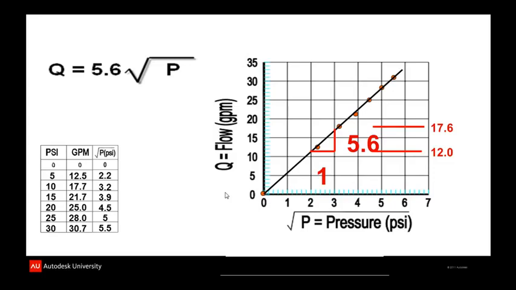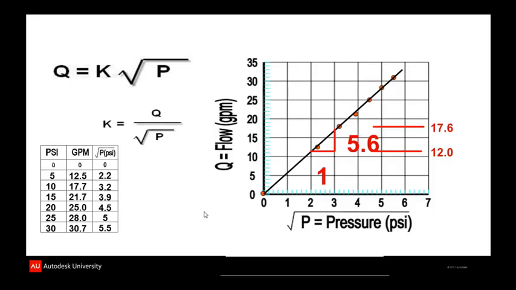That says I don't have to get my garbage can out every time I want to know what the flow is out of a sprinkler at any given pressure. I can simply plug it into this equation. Another way of writing that equation, in a more general sense, is that Q equals K square root of P, where K is the constant for the sprinkler, is equal to Q divided by square root of P, just